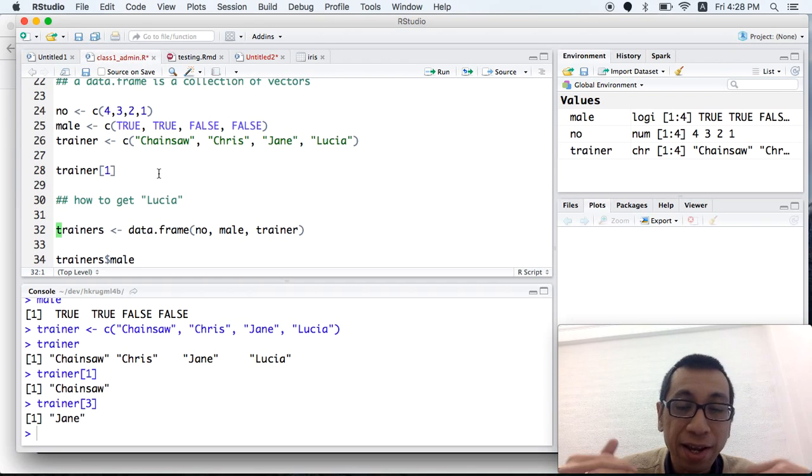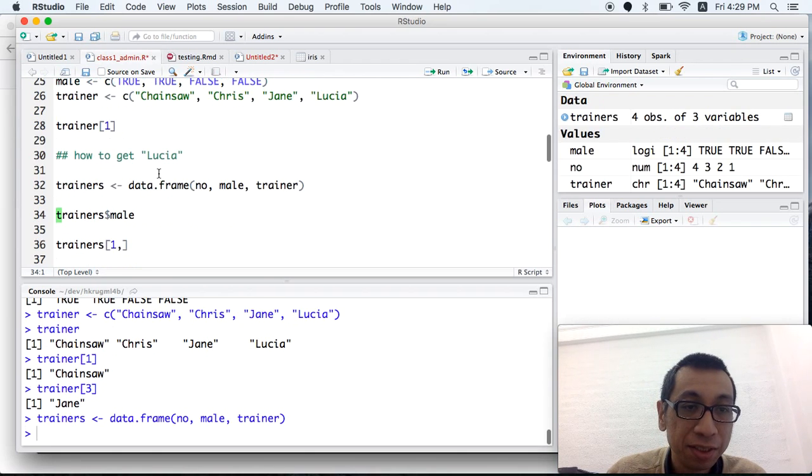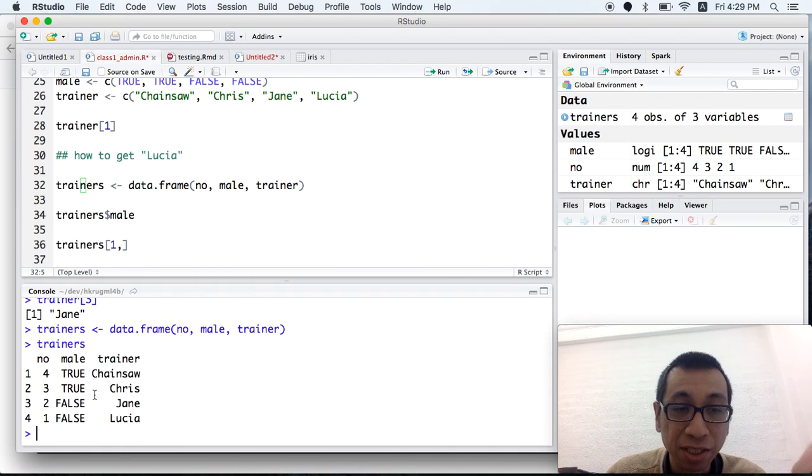Now we have 3 vectors. We want to combine them into a data frame. So we will use data.frame with all 3 vectors that we have. So now we have trainers, which is now a data frame.